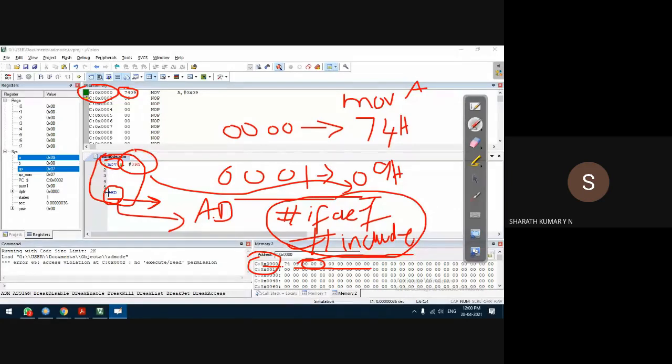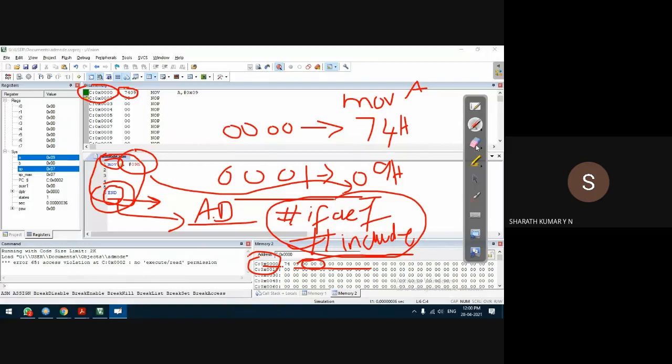Similarly, in assembly programming, assembler directives will not have any binary representation. It is just information to the assembler, not the compiler, in an assembly language program. I hope this is clear, guys.